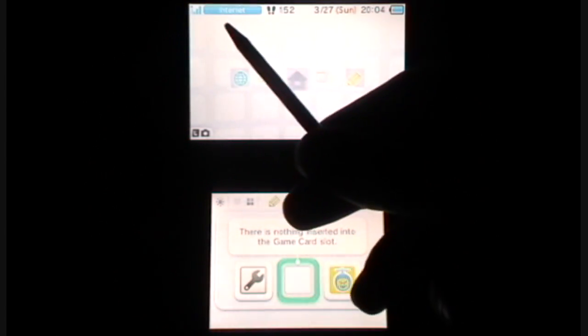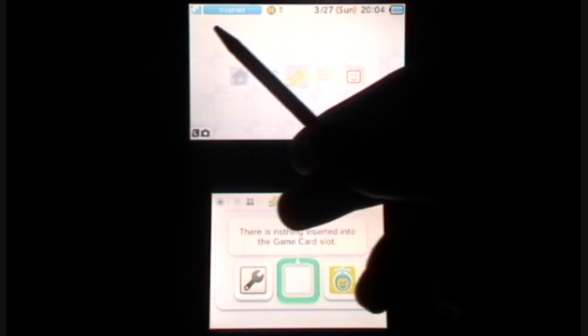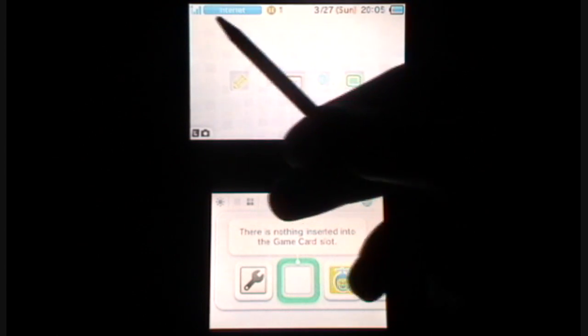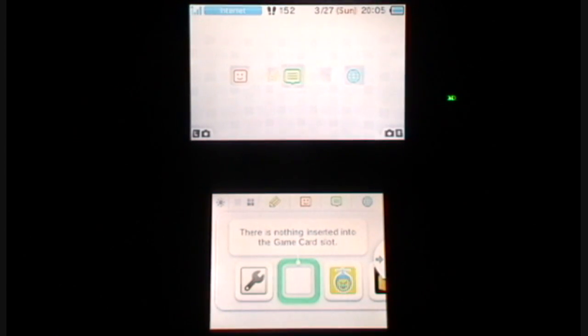And then on the top left, it shows if you're connected to the internet, it'll show up here that you're connected, and it shows the wireless strength. And on the bottom right and left corners, it just shows that you can press R and L to use the camera option. So going down to the bottom screen, on the top right up here, you see a bunch